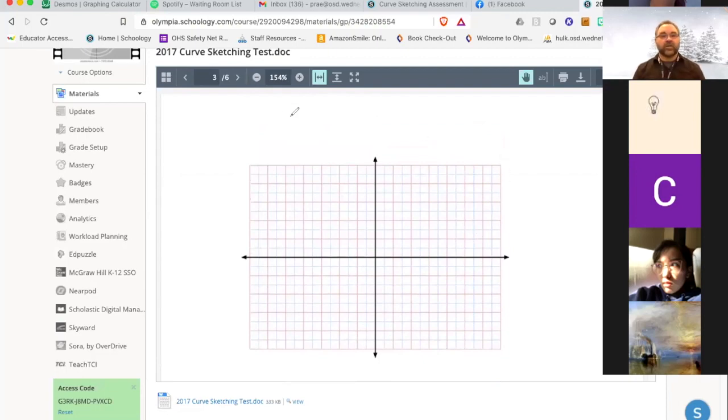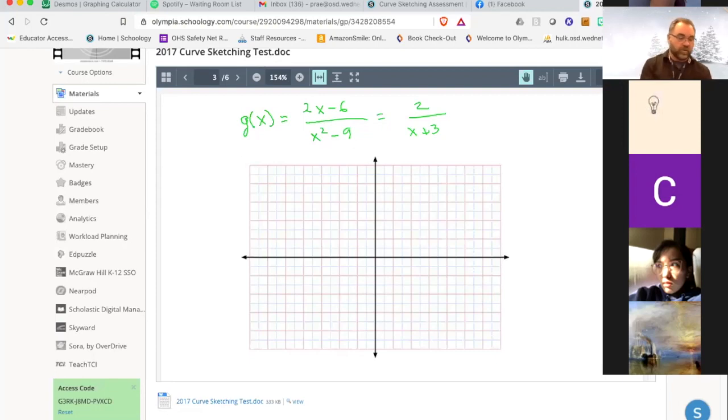So let's remind ourselves that we're dealing with g of x is equal to 2x minus 6 over x squared minus 9, which we had reduced to 2 over x plus 3. Okay. We have established that we have a y-intercept of,